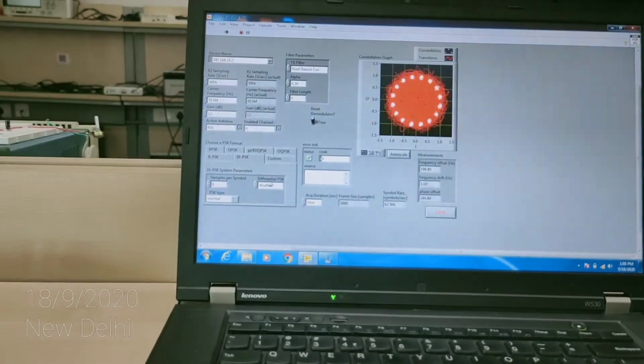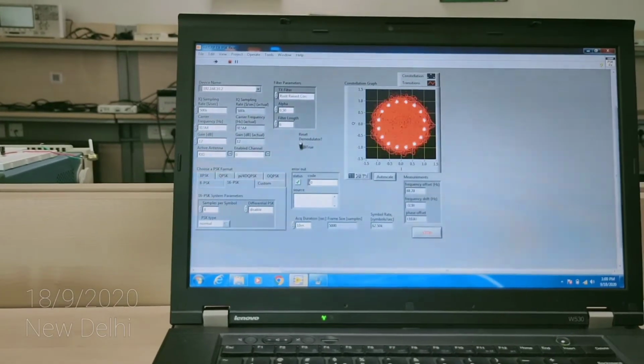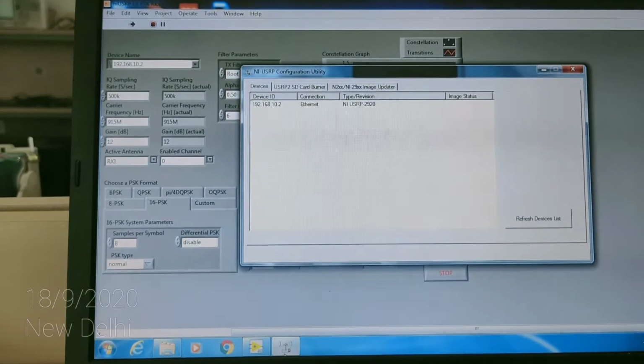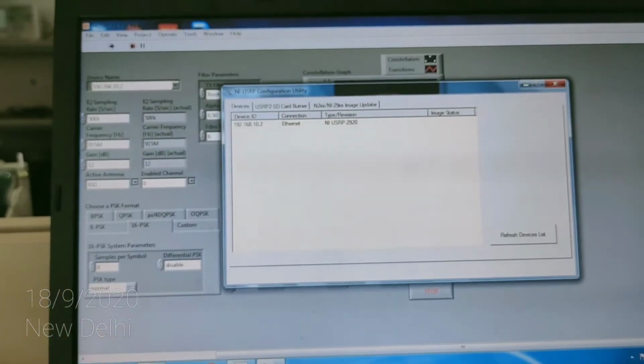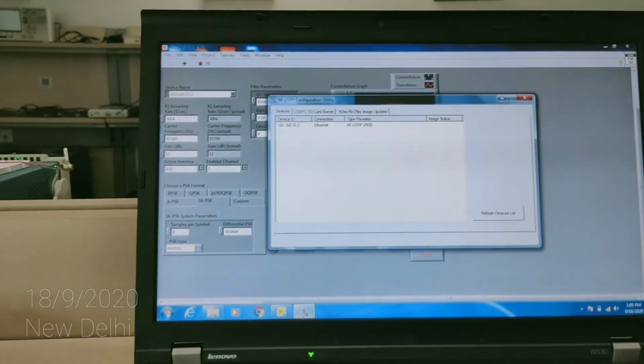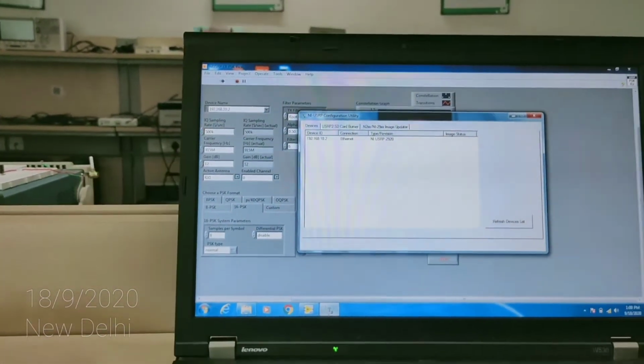There you can even check the basic IP address of this system. This is the NI USRP configuration utility window. Here you can see the IP address of this device which is connected to this particular laptop is 10.2, right? So we have defined the same here, right?